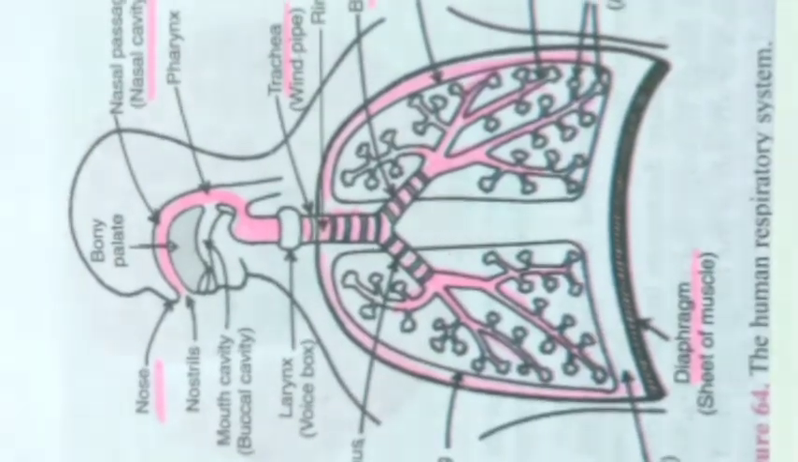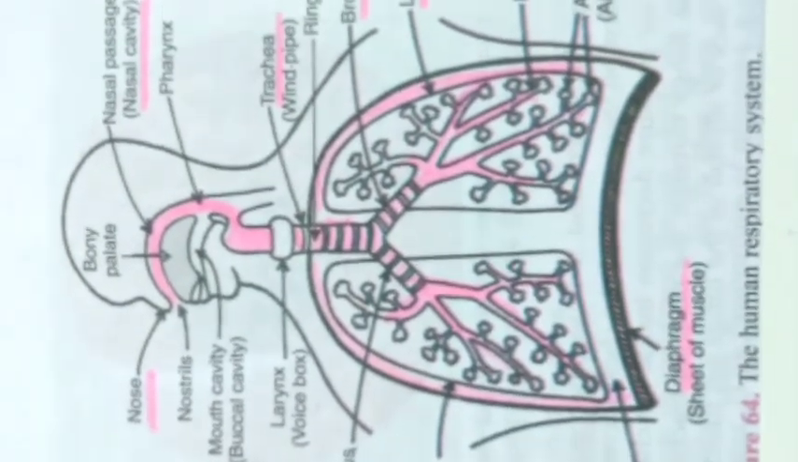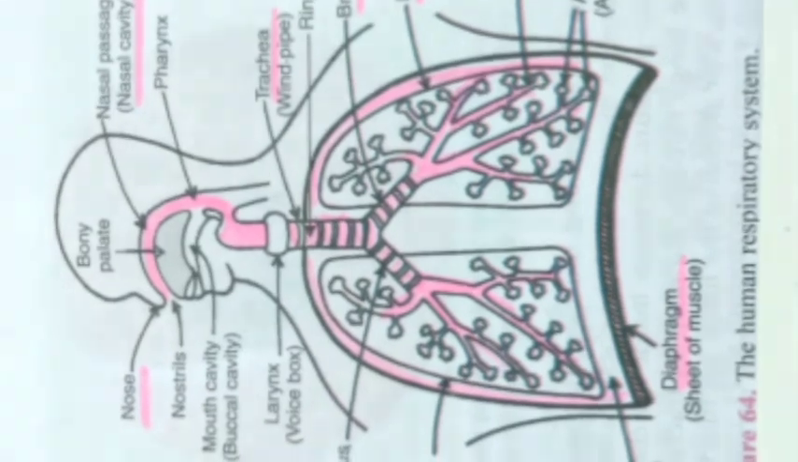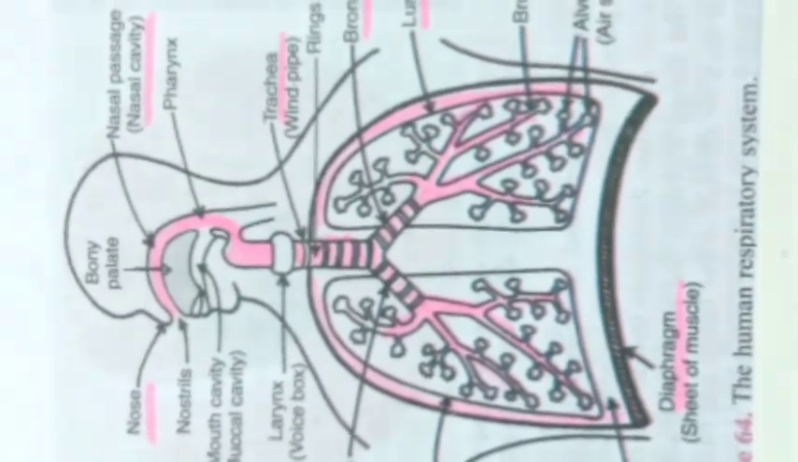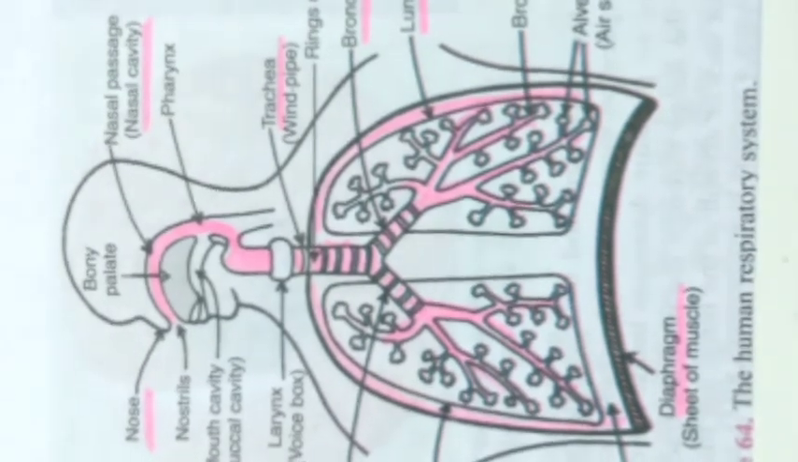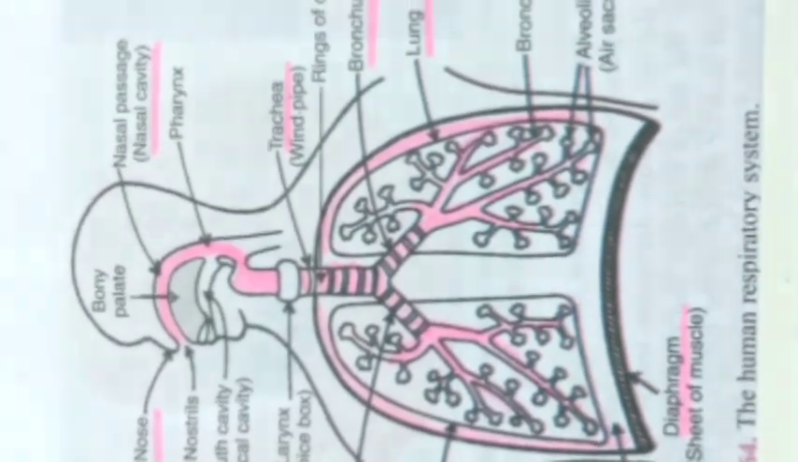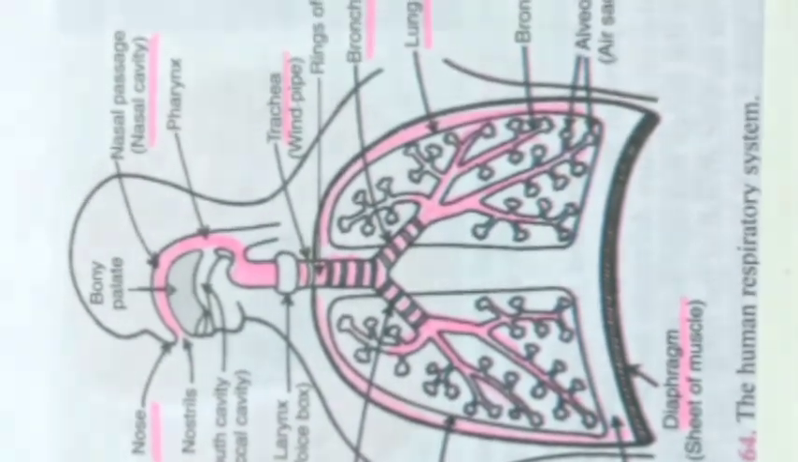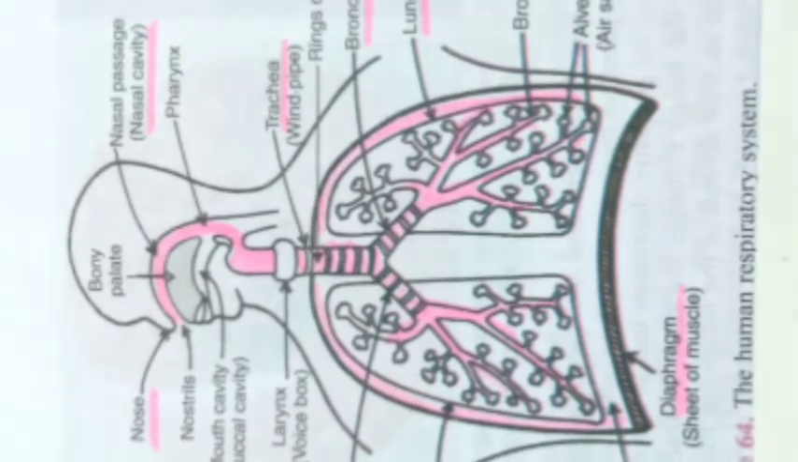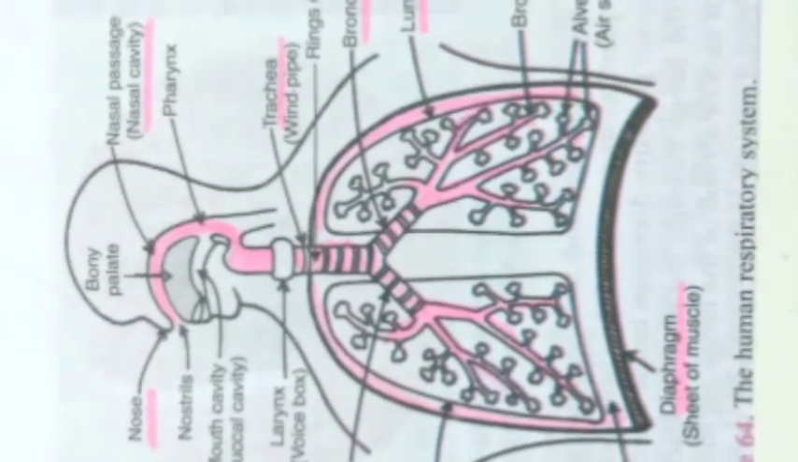The respiratory system in human beings includes the nostril, the nasal cavity, pharynx, larynx, trachea, bronchi, bronchioles, alveolar sacs or the alveoli, and the lungs. The nasal cavity: the inner surface of the nasal passage is lined by fine hairy ciliated epithelium and mucus secreting